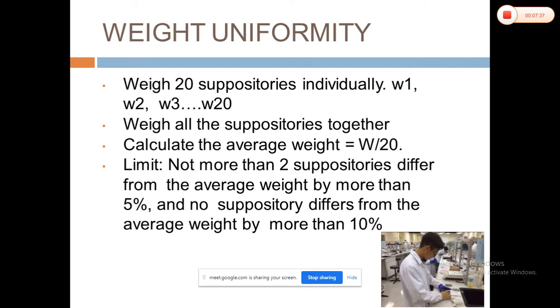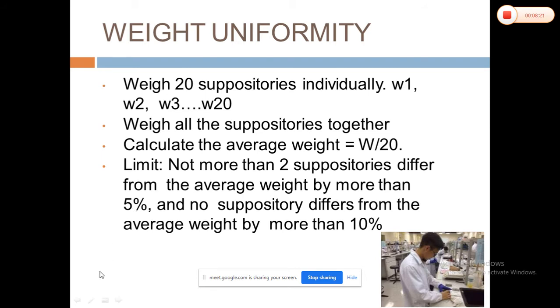with the individual weights. From that you can observe whether more than two suppositories differ from the average weight by 5%, and that none of the suppositories differ by more than 10% of the average weight. Under the British Pharmacopoeia it is 7.5%, but under the Indian Pharmacopoeia it is a 10% variation. That means no suppository deviates from the average weight by more than 10%. So this is the second and the most important